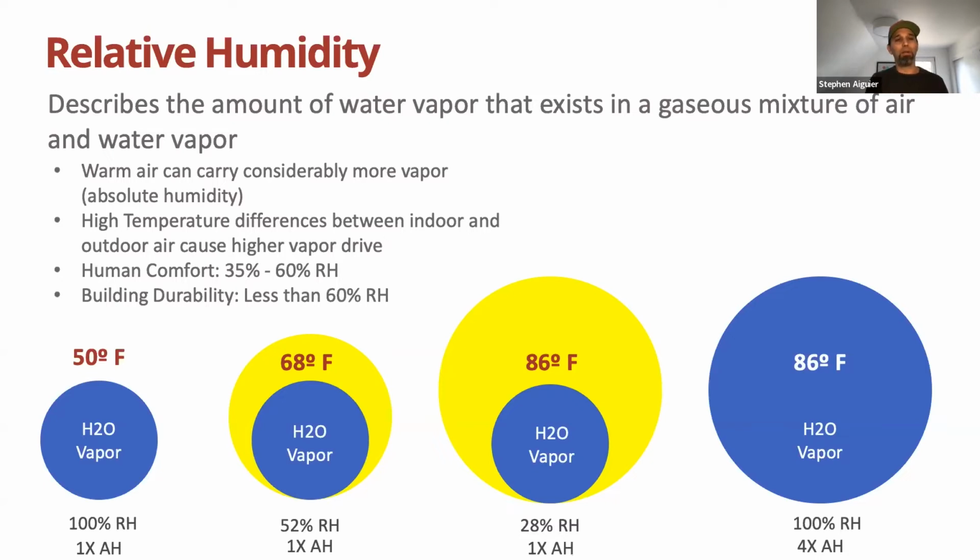And so if we look at this image, you're seeing like one unit of, you know, 100% relative humidity. It's raining outside, it's 50 degrees, that's 100% relative humidity. You take that air, you bring it inside, you heat it up to 68 degrees. You're expanding that air, there's more capacity, and now you're at 52% relative humidity. Heat up the air to 86 degrees, maybe you're in Florida, the tropics somewhere, now you're down at 28% relative humidity, which is why if you're in the tropics and it's 80% relative humidity, 86 degrees outside, you can store considerably more moisture. And if it cools down suddenly, you'll get a torrential downfall. So that's at 86 degrees with 100%, that's 4 times the absolute humidity storage of the